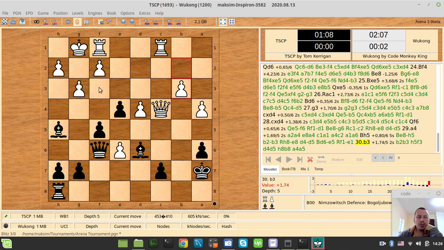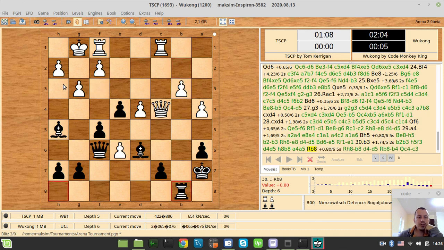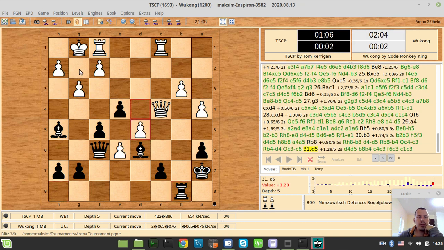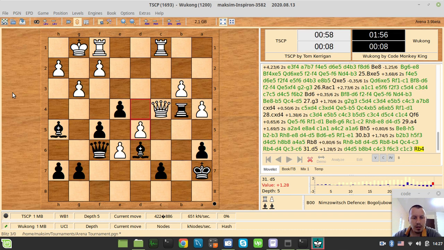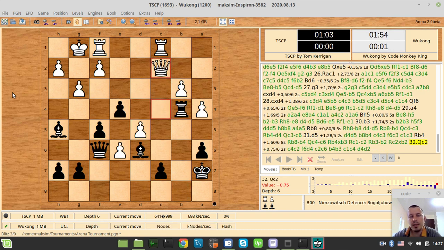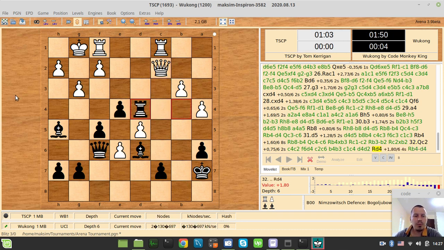So we just put the bishop on f3 and then try to go with the queen to h6, then h3, and then just try to mate on g2. This could be a really good idea, but obviously the game is going a slightly different way. Well, probably Wukong just doesn't see that opportunity, or maybe he does, but he doesn't consider that to be that great. But anyway, without any other evaluation